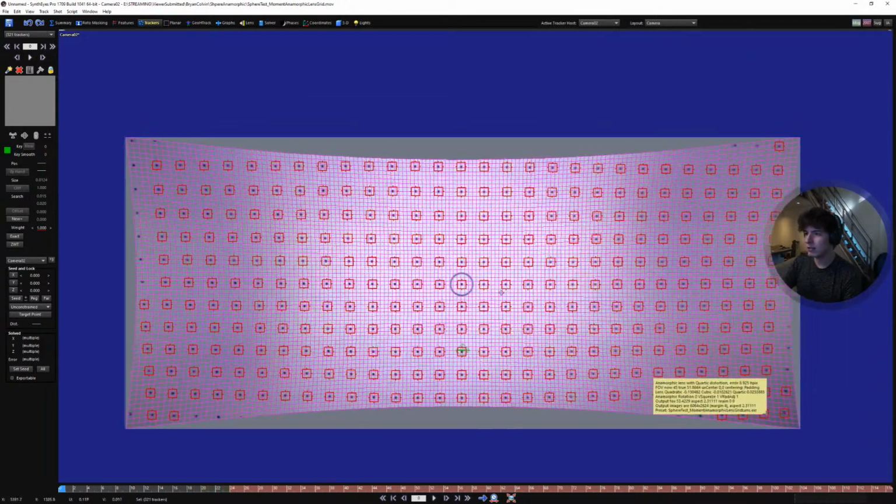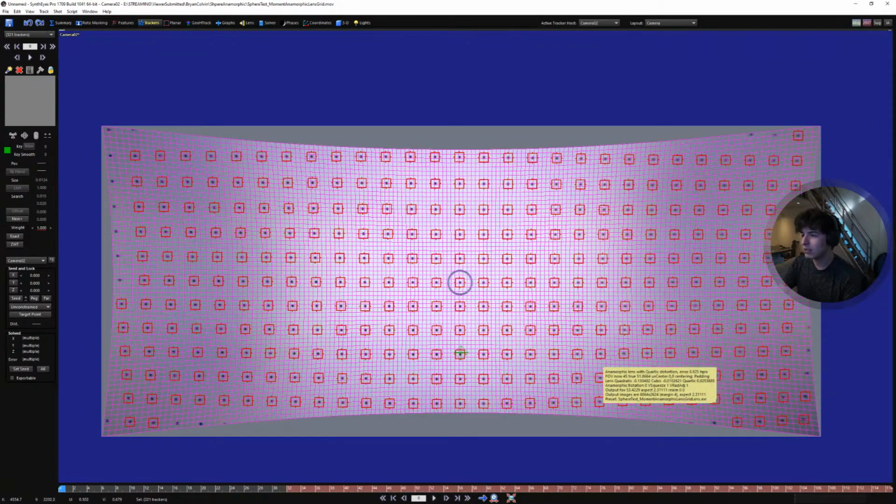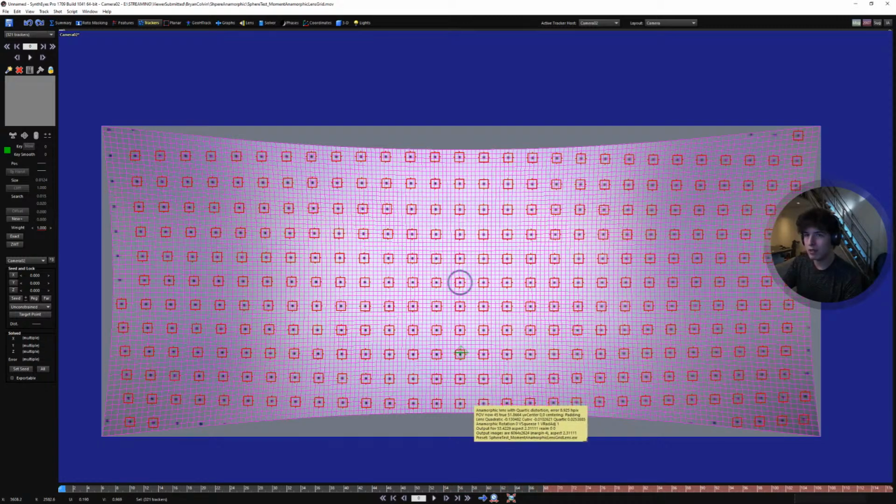Alright, so now that this has done stuff, we have a little note down here. Anamorphic lens with big distortion, error, 8.925. This is bad. So, I'm not going to go super far with this. Oh, nice, we can hear you through that still. I'm not a super expert at distortion, but the way Russ Sanderson went about this error value is like, hey, there's something wrong here. Maybe we used the wrong settings. Like maybe it wasn't quadratic, it was something else, or not anamorphic. Maybe it was something else. So what I can do is